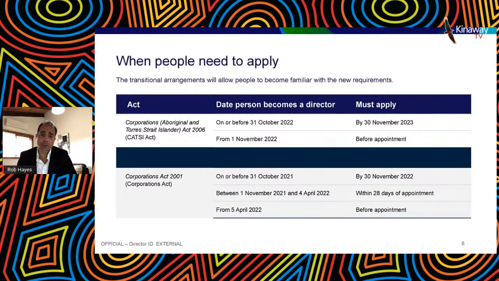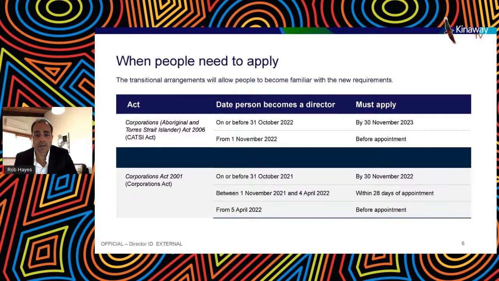So we've just spoken a little bit about the transitional arrangements for the different directors. Those who are directors of corporations regulated and registered with AURIC have that additional time in which to apply. Importantly, new directors, these are directors who have never been or are not currently a director of a AURIC entity, if they are being appointed from the 1st of November 2022, they need to apply for a director ID prior